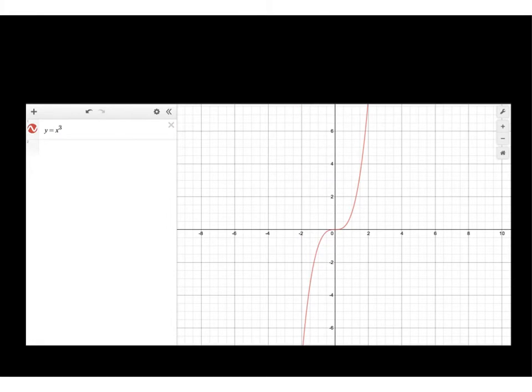So let's now have a look at the graph of y equals x cubed. This is a cubic function, and it has a sort of S-shaped graph like this. You can see that there are some similarities to the quadratic graph, but we don't have the reflective symmetry. The graph rises very, very steeply because when you cube numbers, the answers become very large. So for instance,